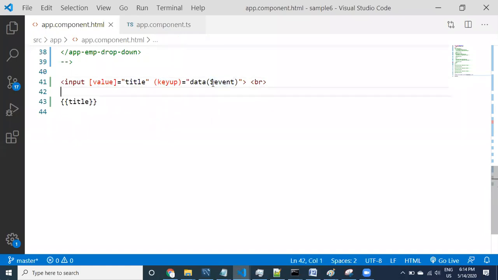So what is a target? This is the event object, right? This event is targeted to this object. This event is applied on this input box.